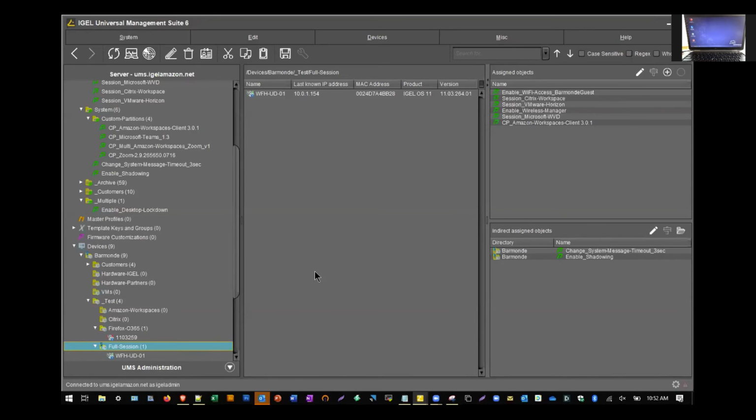Especially in a massive environment where you're doing this changeover. And look, part of the guidance here is Microsoft is really pushing for Windows 10 to be in your data center, to be in the cloud, because of the ease of management and the control that you have. So the ability to take these machines that are sitting on Windows 7, plug a UD Pocket right into it, convert that machine, actually overwrite the Windows 7 OS with IGEL OS, and then connect that to your Windows 10 environment in your data center in the cloud is one of our key values here, right? It allows you to quickly move from Windows 7 to Windows 10